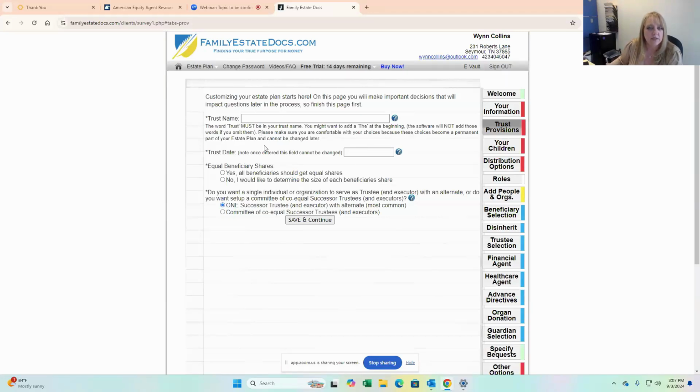The trust name, this is very important. Once you name that trust, that is the name of the trust. This is one of those things that you can't go back and change after you printed it without doing a full restatement. You don't want to do that. So for this trust, he named it